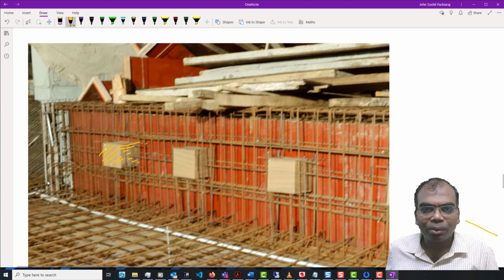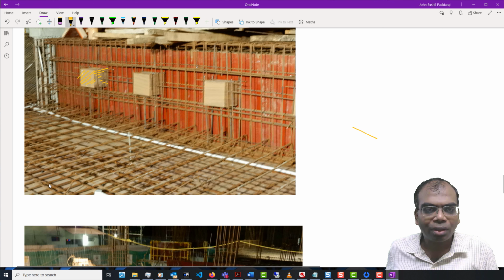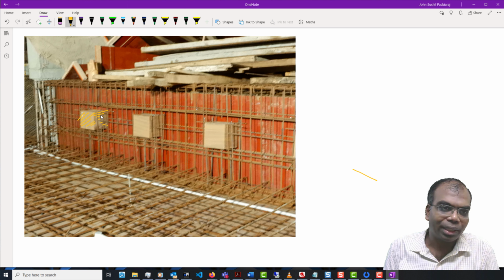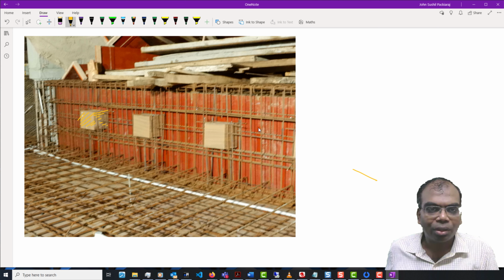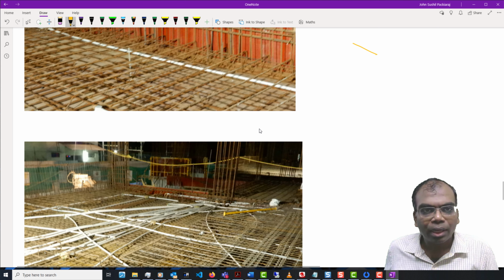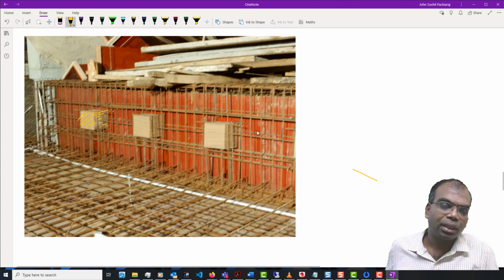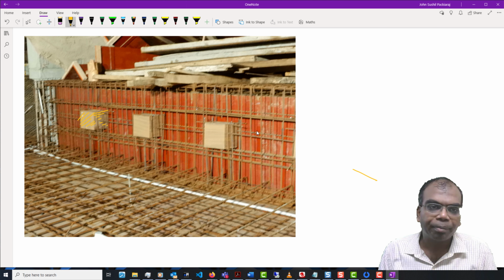Again here, one more very important thing: when I'm going to do the concreting here on the side, this place also is going to be concreted. So I need to concrete the bottom first and then come to the concreting on top. And this means that a lot of planning goes into this whole setup.